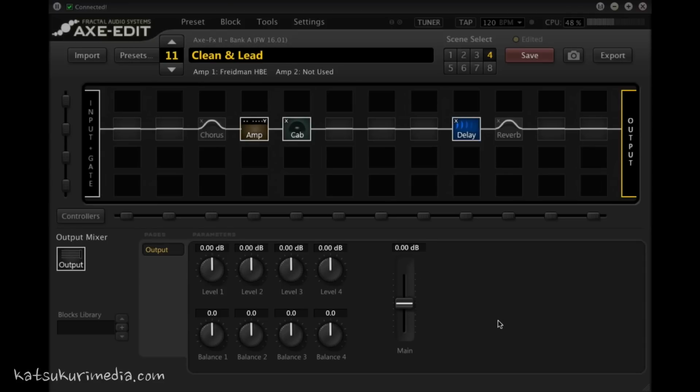And then when you want a scene to be louder, you can increase this level to the level you need for that boost. So let's make scene 2 louder than everything else, all the other cleans. For some reason we want to do that. So we'll go to scene 2 and let's increase this to, I don't know, 4 dB or so. Let's save that. And now we'll go to scene 1, and you can see that this scene, the main level